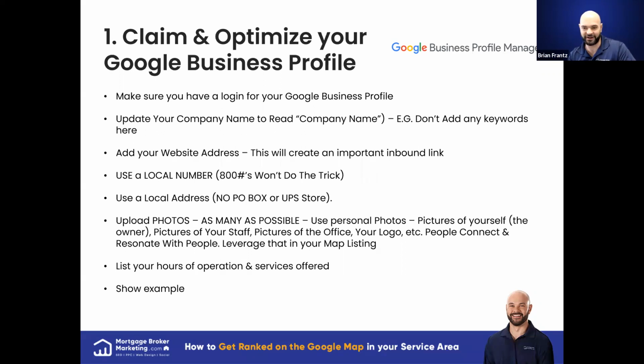Google sees those, and if you did use, say, a virtual address or something like that, don't use one of the big companies like Regus, or, Google knows these things, and those are viewed. And I feel that they'll just eventually catch all these virtual addresses. It's best to really have an office address,